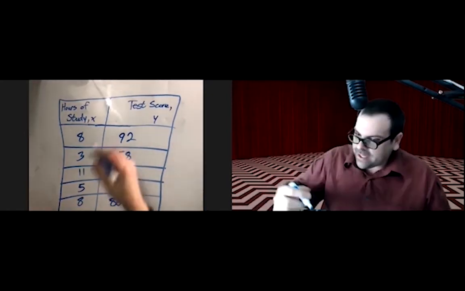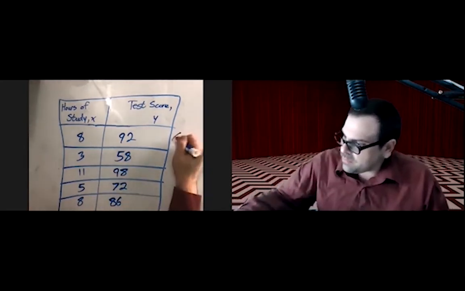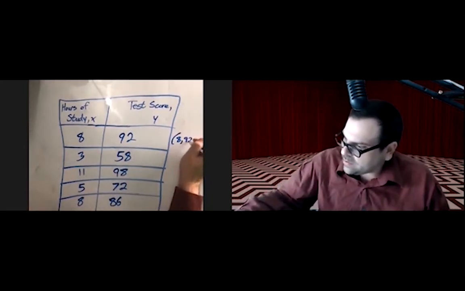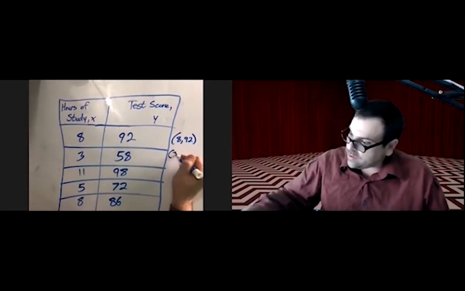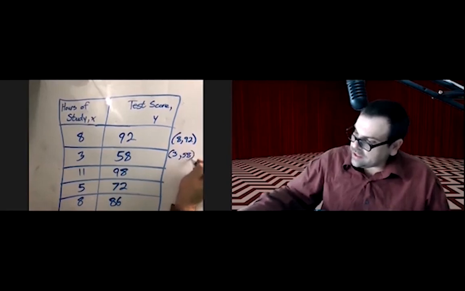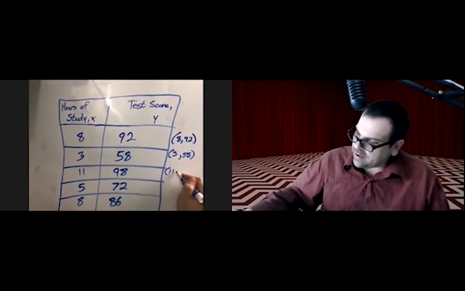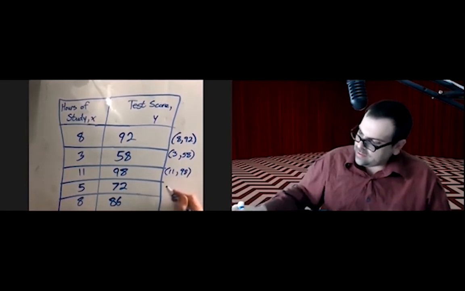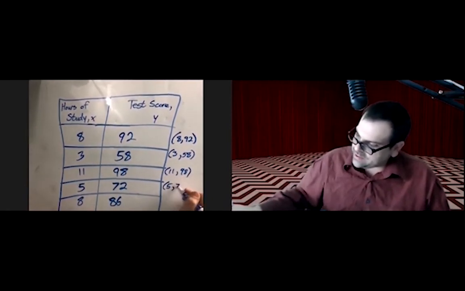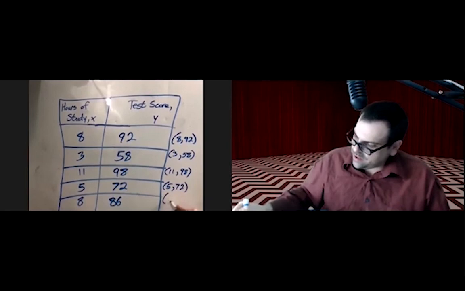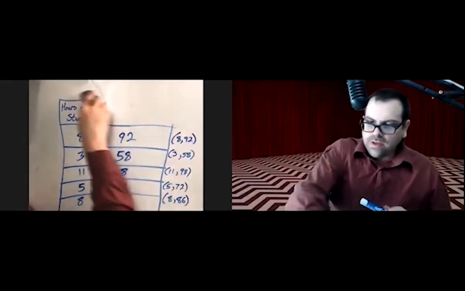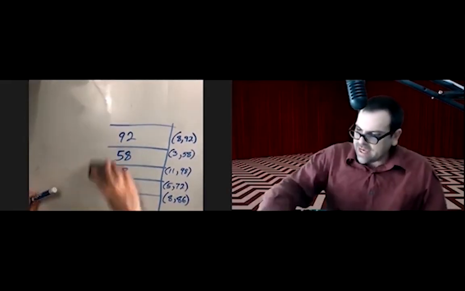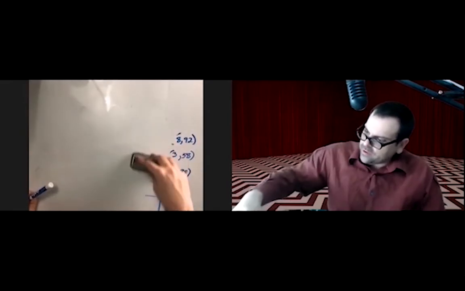Well, from each of these, we know we can pull the ordered pair X, Y. So 8, 92, 3, 58, 11, 98, 5, 72, 8, 86. So I pulled those straight out. If I wanted to express that as a set of ordered pairs,